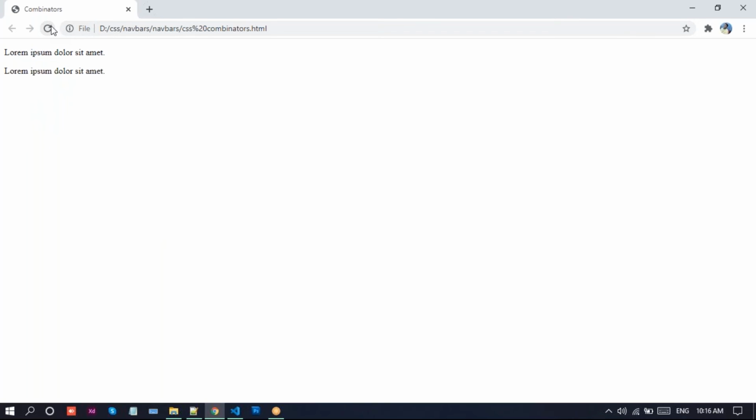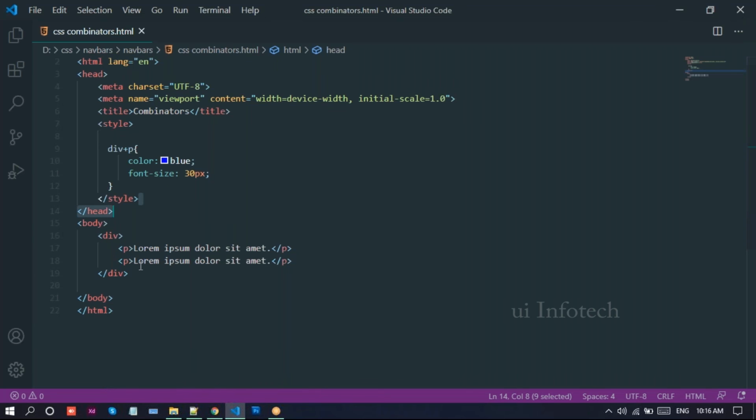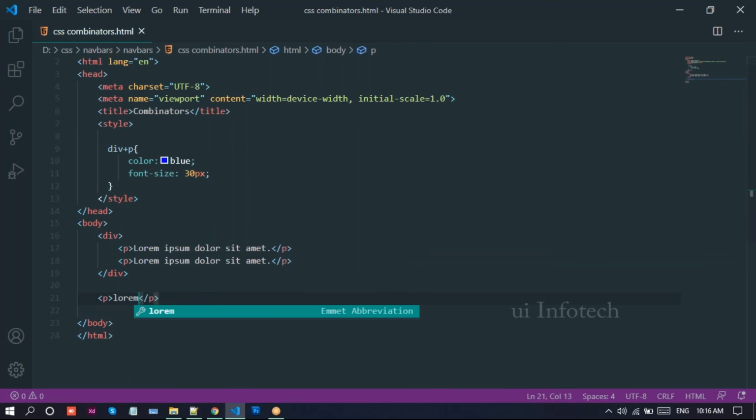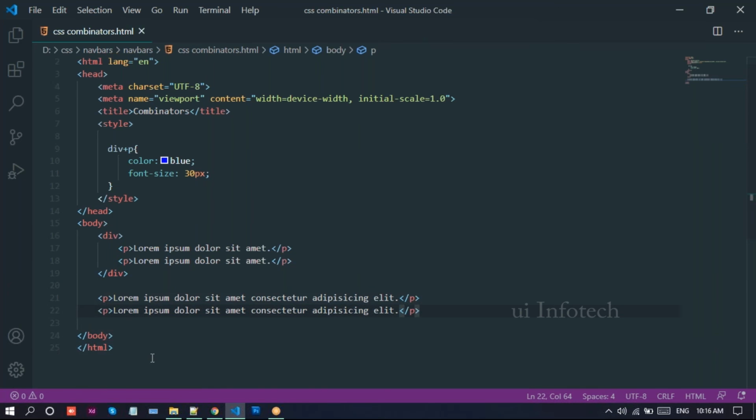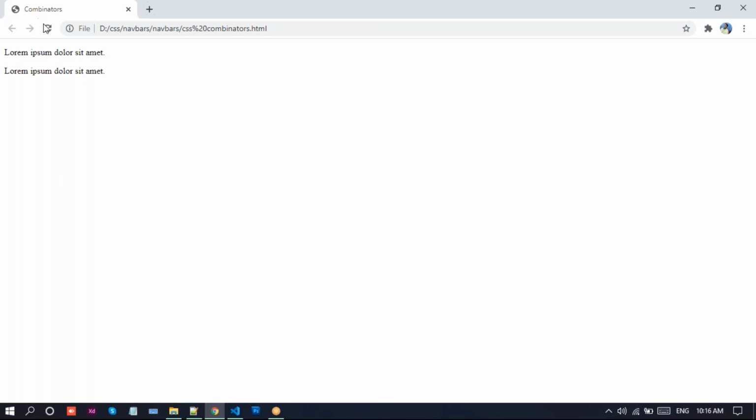What will happen? So you go to this browser, just reload this page. See, nothing will happen. Why? Because you are writing this adjacent sibling selector. Adjacent sibling selector means, in order to select that sibling, it will not apply at this div element. So this div, what is immediately following it, that will get the styles. That means, see here inside of this div, we took these two paragraphs, right? So after the div, outside of the div, I'll take this paragraph and I'll just apply some text there. So I'll just copy this one.